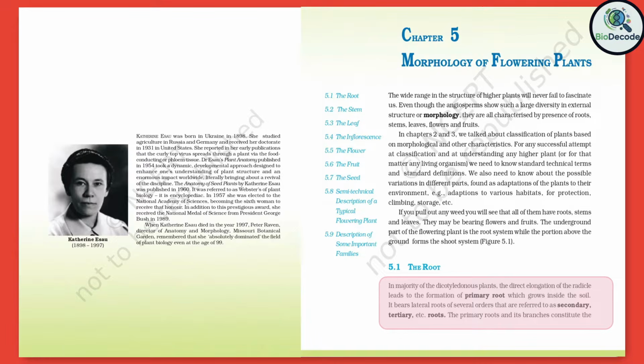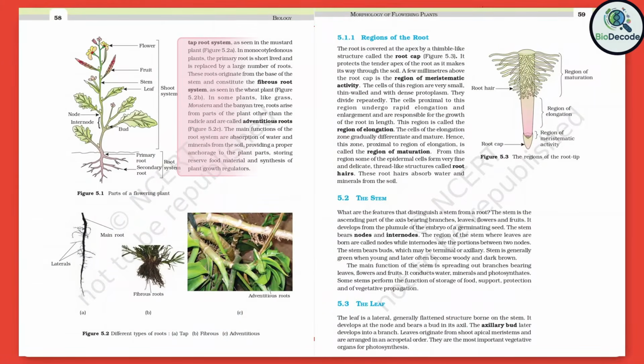It bears lateral roots of several orders that are referred to as secondary, tertiary, and so on roots. The primary root and its branches constitute the taproot system, as seen in the mustard plant, figure 5.2a. In monocotyledonous plants, the primary root is short-lived and is replaced by a large number of roots. These roots originate from the base of the stem and constitute the fibrous root system, as seen in the wheat